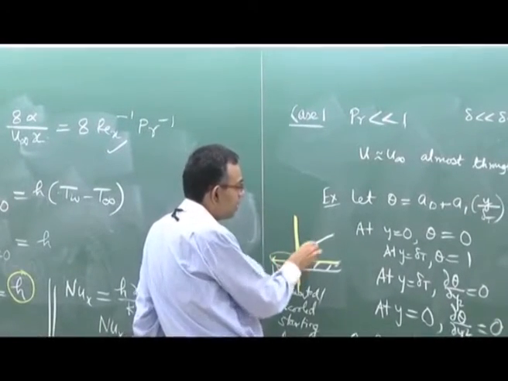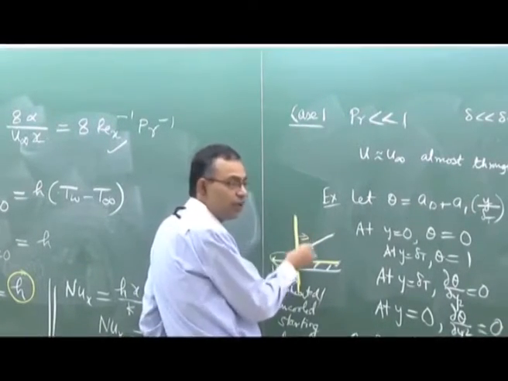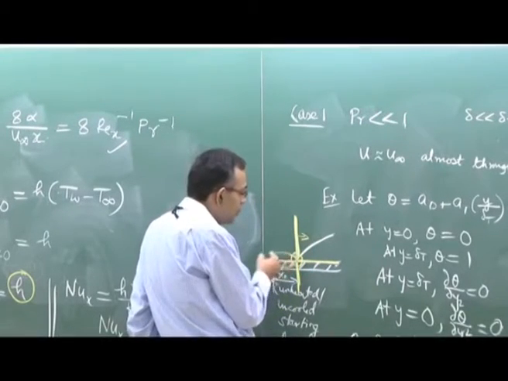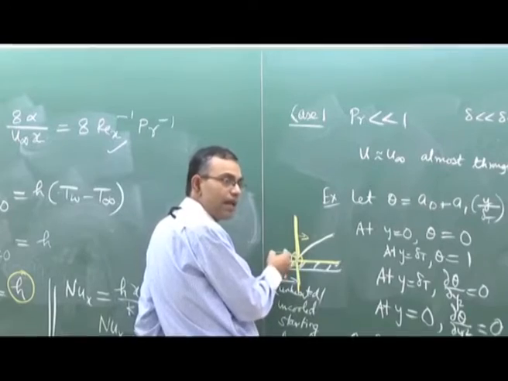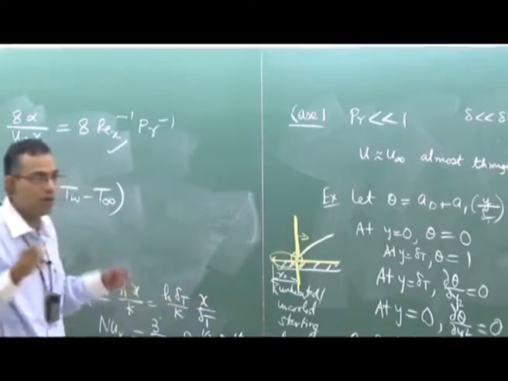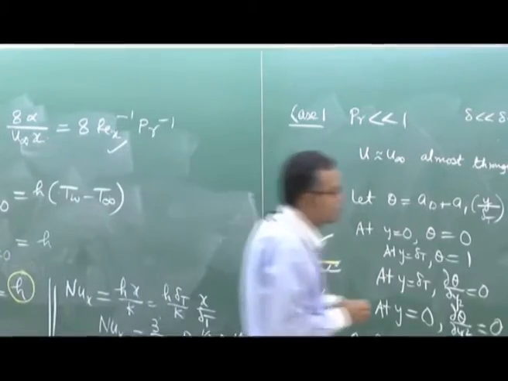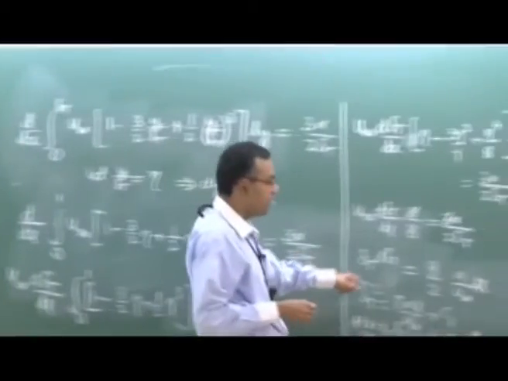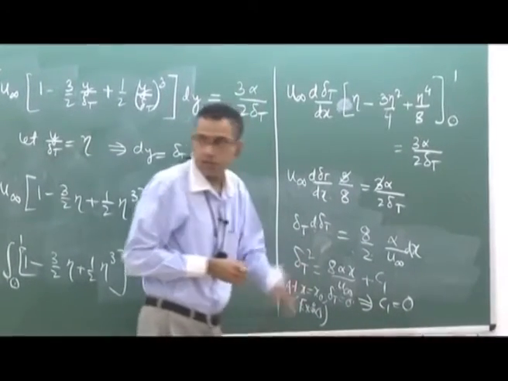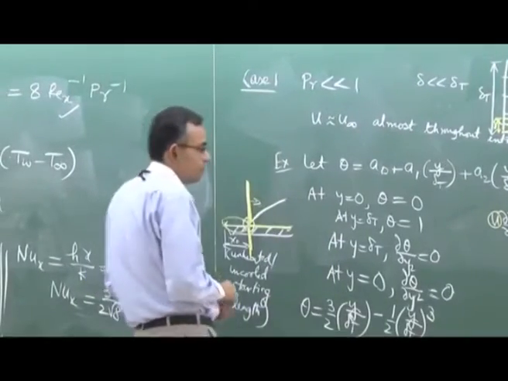So heat transfer domain starts from where you have the wall temperature different from T infinity. So within this part of the domain, the wall temperature and T infinity are all the same. So there is no heat transfer. You have to keep in mind that this equation is applicable in the domain where you have heat transfer. Okay. So that is why you apply it with the domain starting from here.